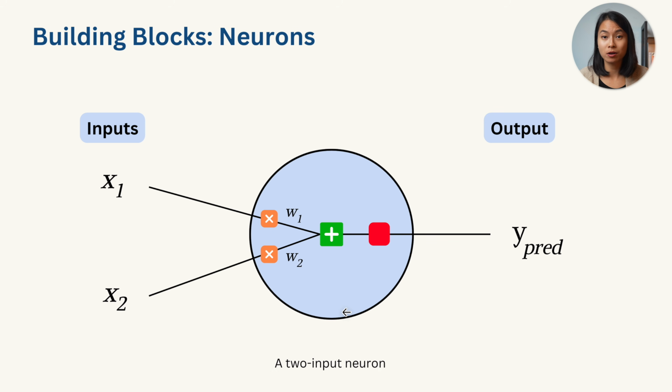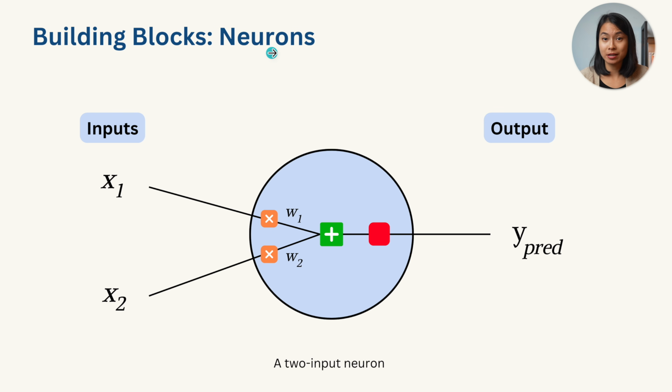Let's now dive into the nitty-gritty of neural networks. There'll be a little bit of linear algebra and calculus involved, stuff you may have learned back in high school. Don't worry too much about the math though. The key is to understand the overall intuition. So feel free to skip the math if you don't feel like delving into it. Moving on to the building blocks of neural networks, neurons.